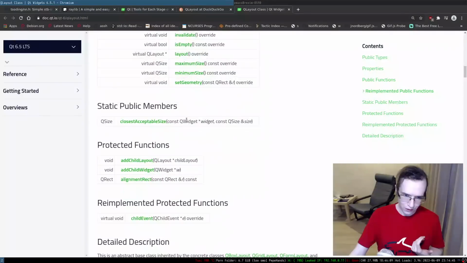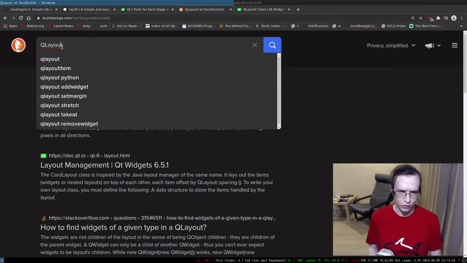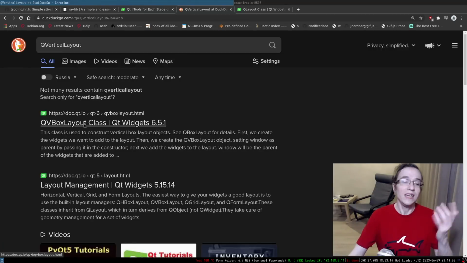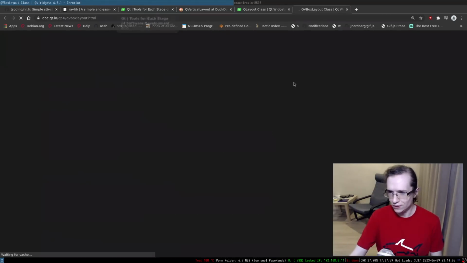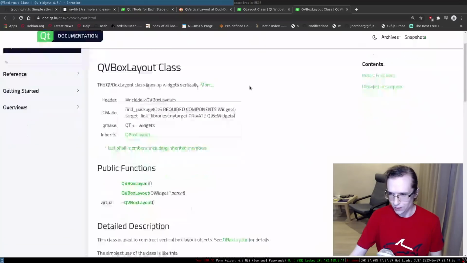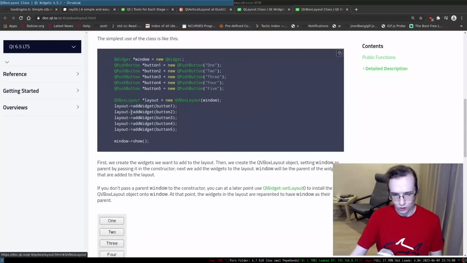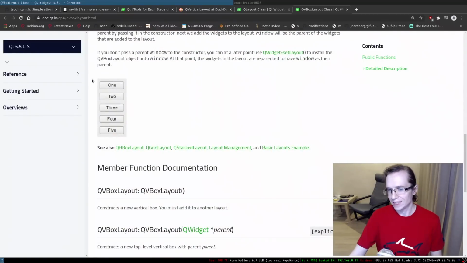I think one of them was called QVBoxLayout, something like that. As far as I know, it inherits QLayout. If you create a QVBox and put a bunch of buttons into it, it will render all of them like this. So it's a vertical box.